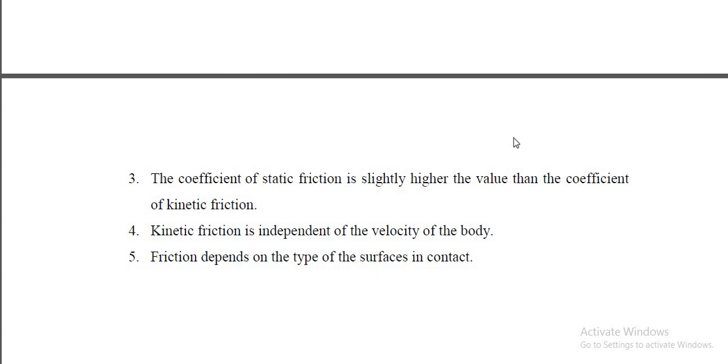So this is about frictional forces and the basic concepts of the laws of friction, then the angle of friction, then what limiting equilibrium is. These are some preliminary concepts of friction.